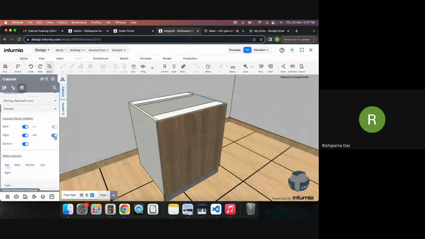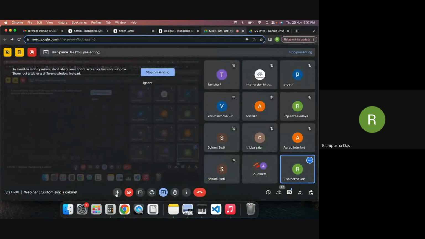This is mostly used in case of back panels maybe, because sometimes people don't want a back panel in certain cases. So you can turn it off, like for sink units or maybe dishwasher units or washing machine units. If you want to turn off the back panel, you can turn it off here. Then another use case that sometimes people have is with regards to